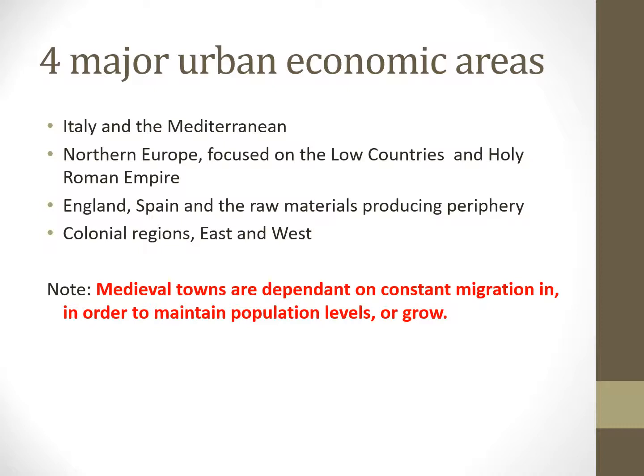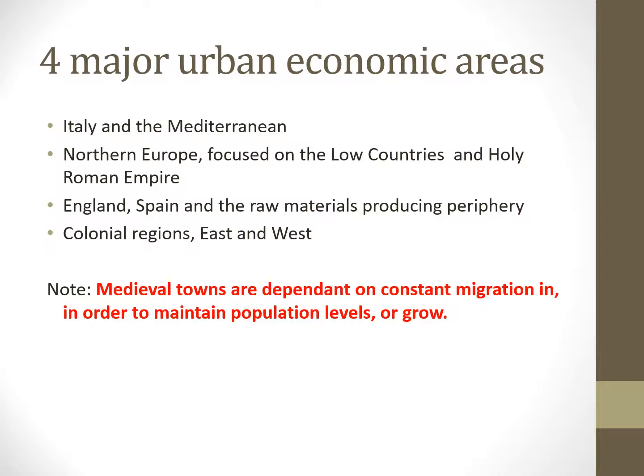England in the late Middle Ages is a big producer of wool. Wool is shipped to the Low Countries in bulk. That wool is turned into finished cloth and it's sold back to places in the British Isles. For example, trade in the neighboring Westphalia region of the Holy Roman Empire was more based on the exchange of cloth and finished materials from the Low Countries and beyond for raw materials coming in from the east, from the Baltic zone. And we'll focus on the development of that trade in particular throughout the rest of this lecture.